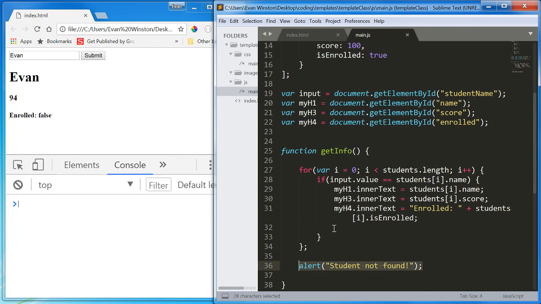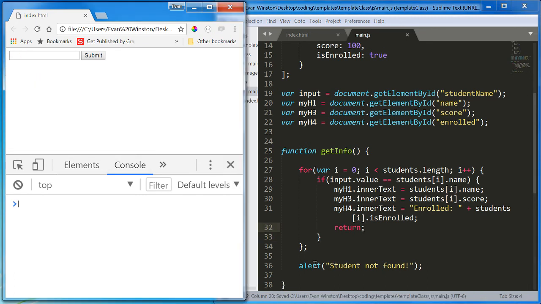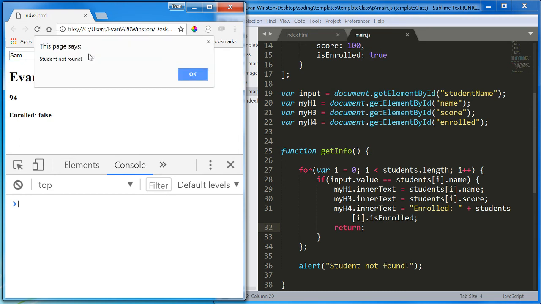That's why, if the condition is met, if we find a match, we want that return. What that is going to do is prevent the alert from running if we find a match. But it will still run if we don't. Okay, so the keys here: